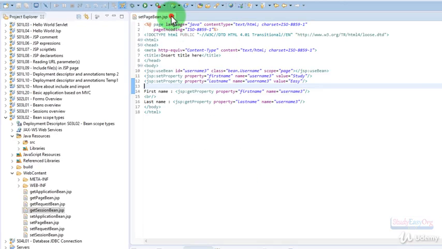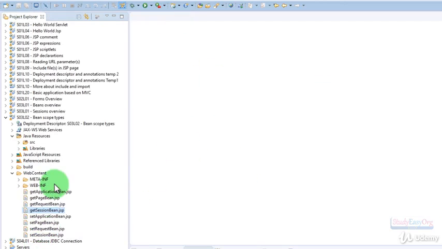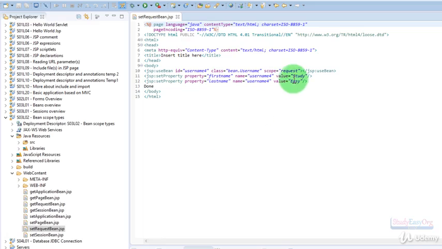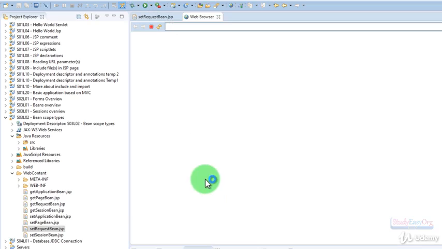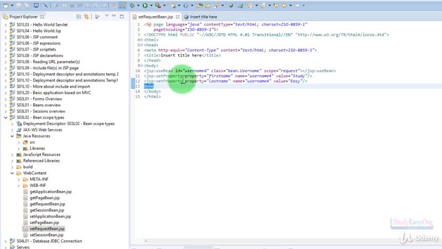So let me close all these tabs, and lastly we will check request scope. Now the request scope is like only one time use. We can request this particular bean for only one time. Let me execute this particular program. In here we have set the values obviously, and we have requested